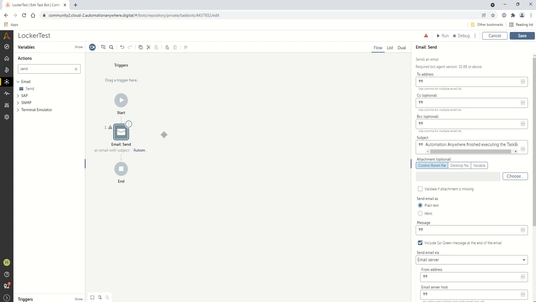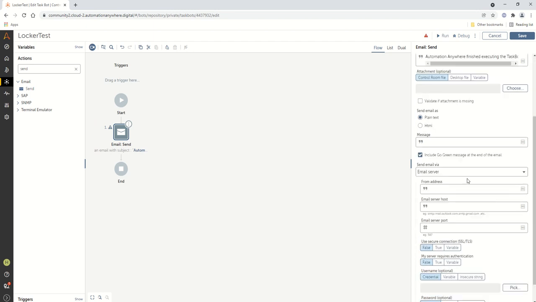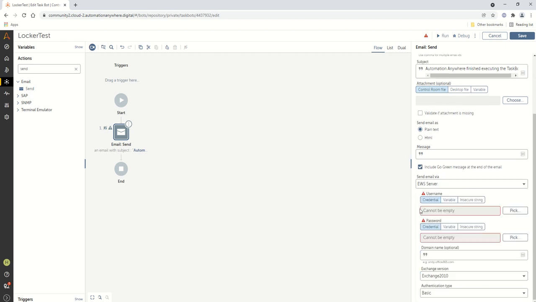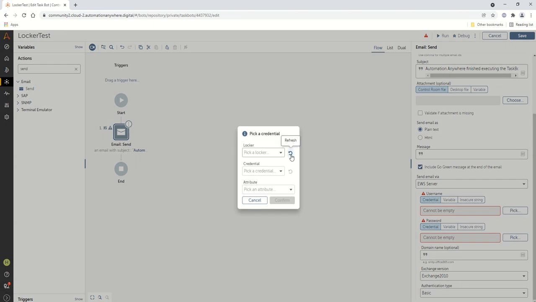I have just given a dummy credential, so don't expect this to run 100%. If you are using an SMTP server, you can just select it here, or if you are using Outlook on this particular machine, then you can select this one. You can just select this and it will ask for credentials, right? Let's click on pick and then go to Outlook.